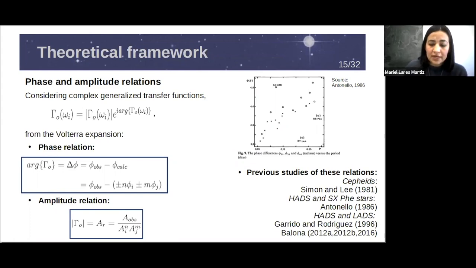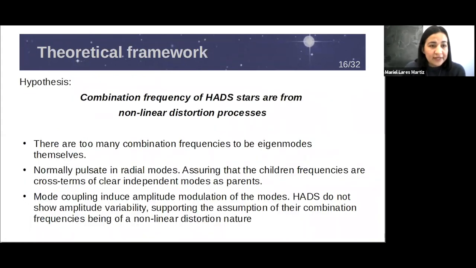And this is possible with high amplitude Delta Scuti stars. We take this hypothesis that the combination frequencies of high amplitudes are from nonlinear distortion processes. So this is a very reasonable